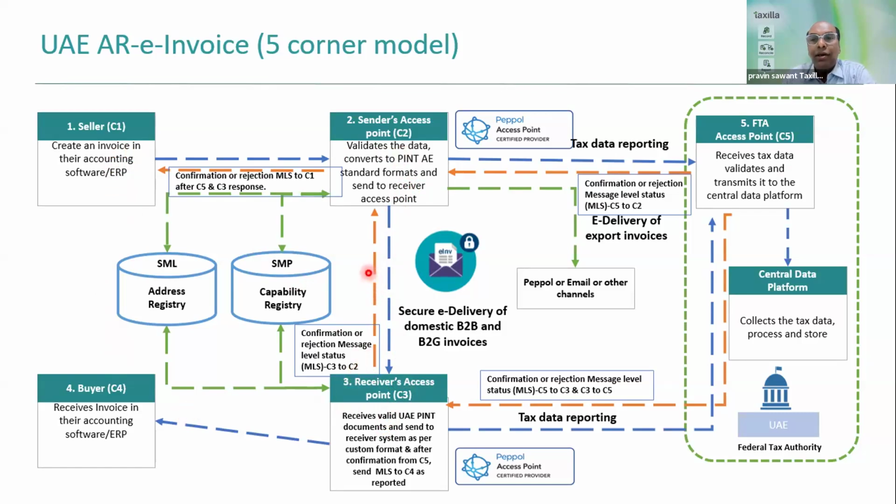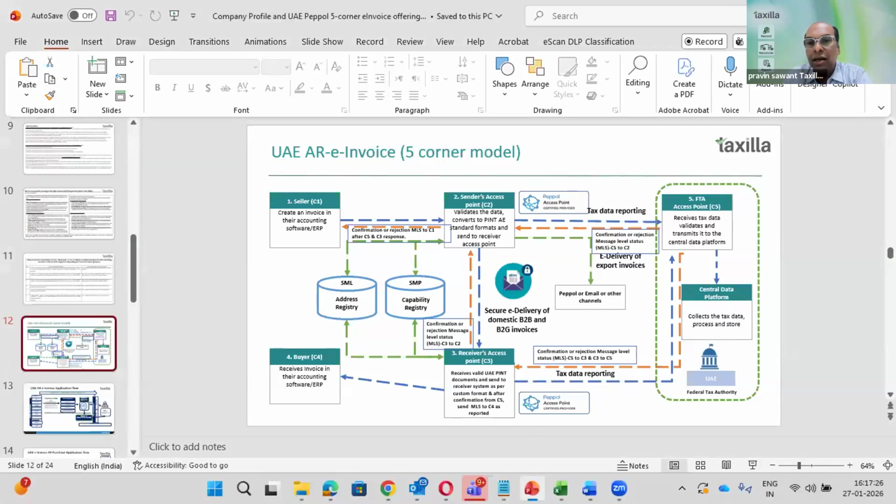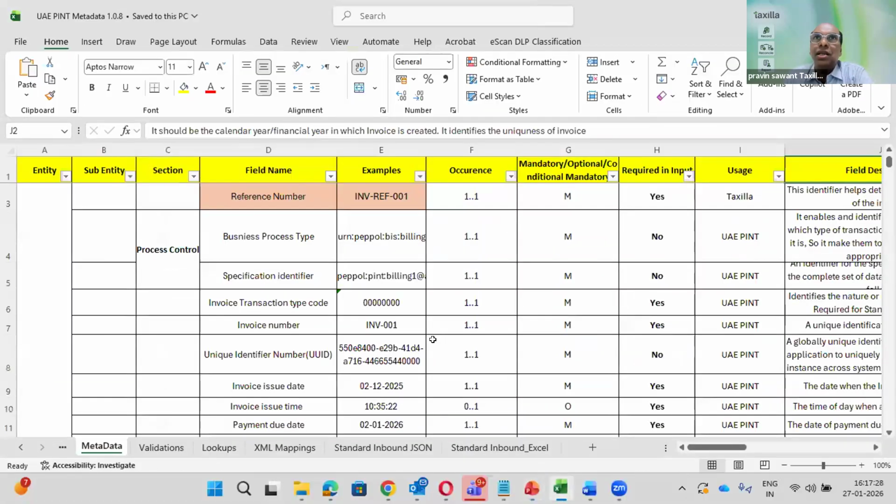Now let's understand how this practically works, because you have seen all this explanation of how corner 1 goes to 2 and 5. So practically, how does it work? Before that, Bhakti has already talked about the data fields. Let me show you the practical part: this is the metadata we use when the SNB team does the impact assessment or gap assessment related to the IT or advisory part. This is the sheet we are going to use.